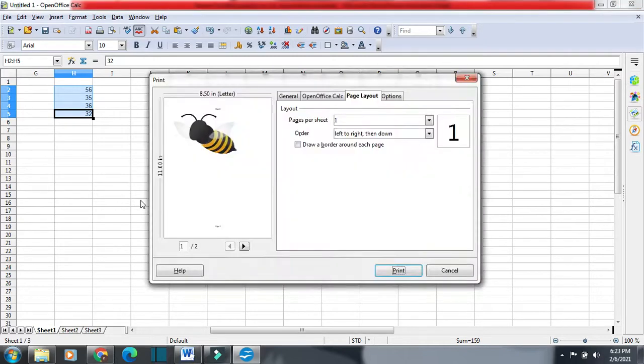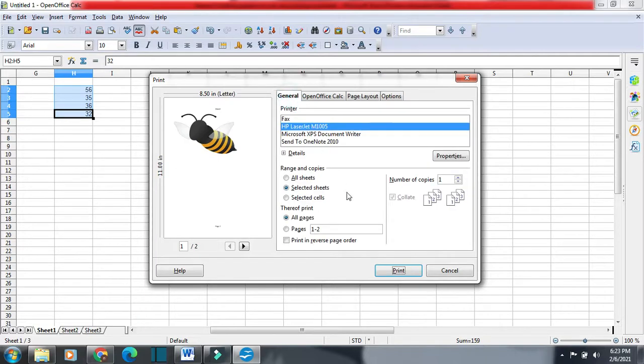I have used the shortcut Ctrl+P, and in general we have selected sheets, selected cells. I want to print only the selected cells, so I will select this one, selected cells, and now you can see only these selected cells are shown. Only these selected cells will get printed.